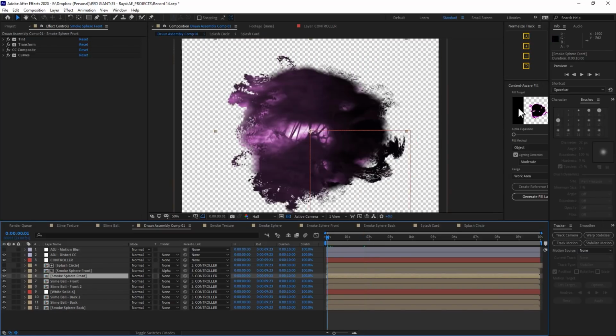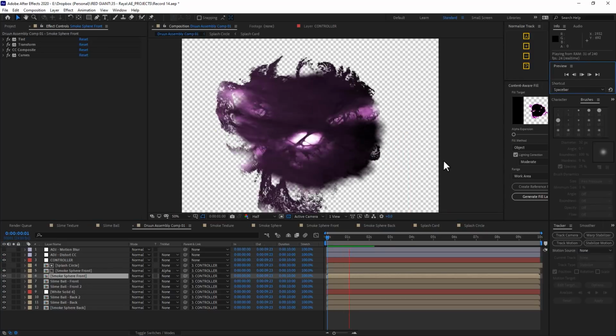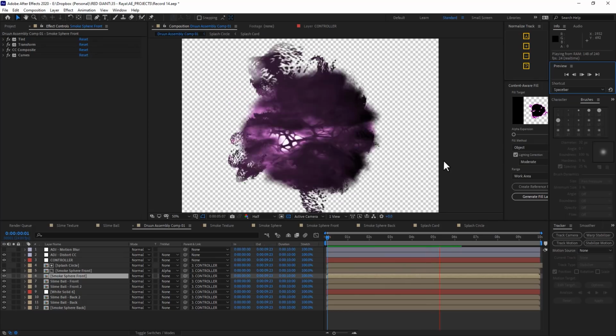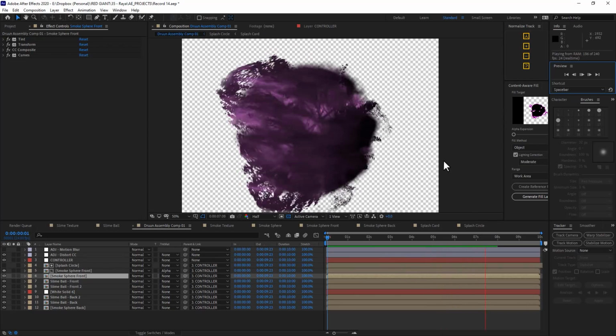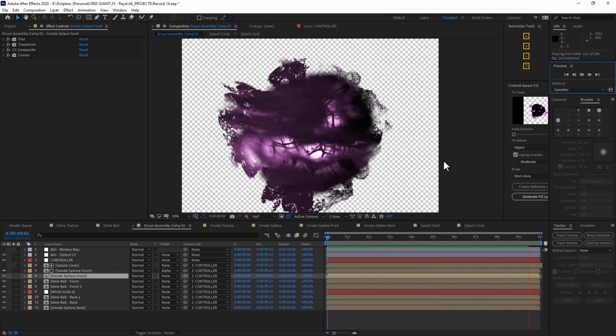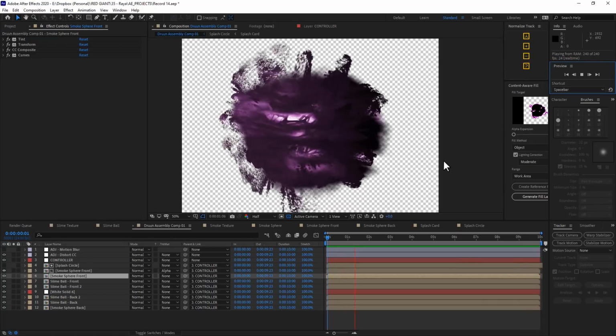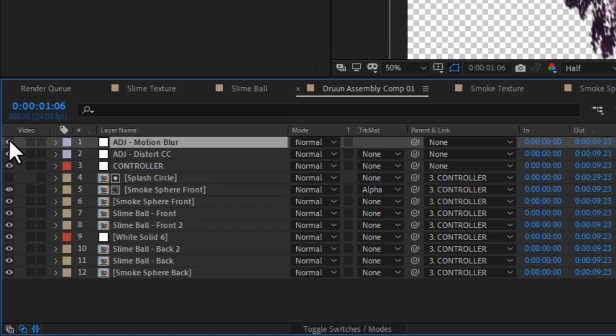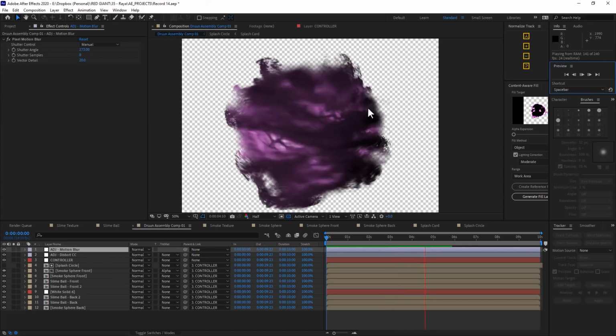So let's play this back, and you'll see that now we're starting to get a more cohesive ball that has these wild tendrils going off to the side and some smoke patterns in the middle, and everything is starting to come together. And with the motion blur turned on, you get an even more realistic sense of these feeling like